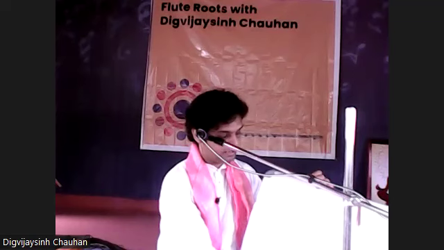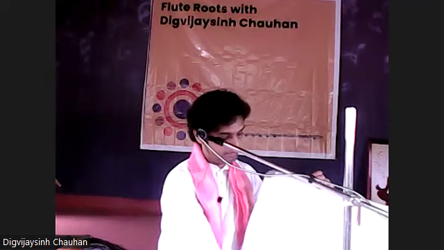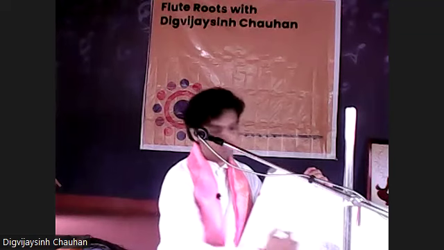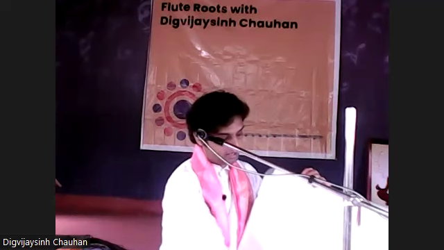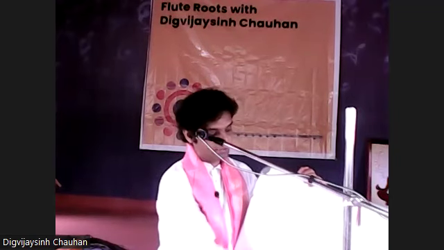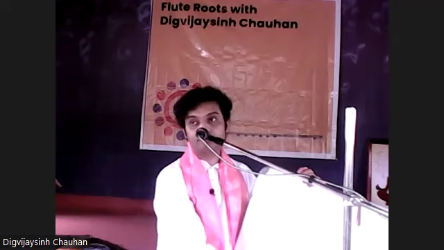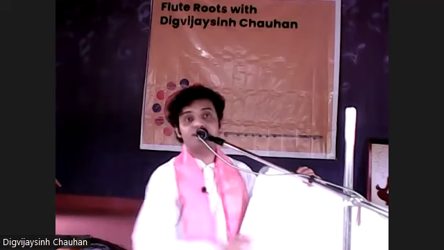The third note, what is that? Ga. Same scenario. If it is in ascending, not allowed. If it is in descending, then we can allow. Now, what is the criteria to know? Suppose whatever note you are searching for, you see the next note after that. Suppose I play Ga, Re. Here Ga is followed by Re, which is a lower note than Ga. So that Ga is in descending. Okay, so this is okay. But if I play Ga Ma, now see the Ga is followed by Ma, which is a higher note than Ga.